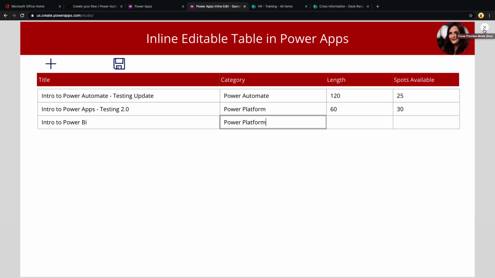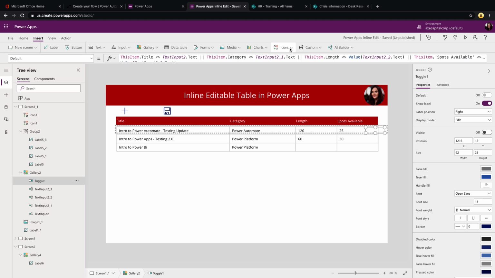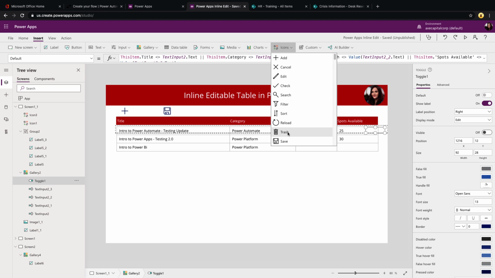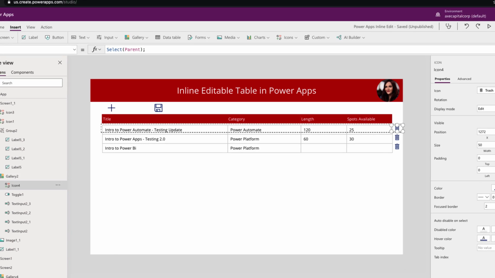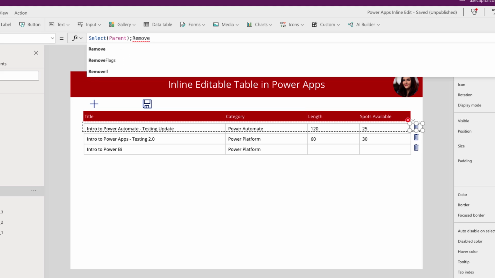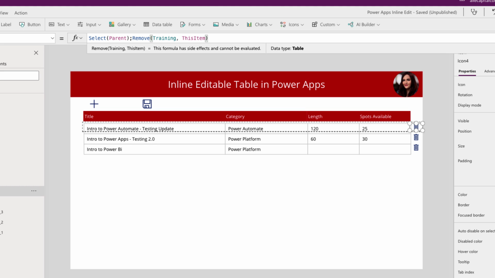Another thing you might want to do is delete a row inline. So to do that, we can go into our gallery and let's just add in a trash can icon, and we'll position that to the far right. And then we'll go to its onSelect property. And this can be as simple as using the remove function. So we can point that to our data source and just use the this item function to remove the currently